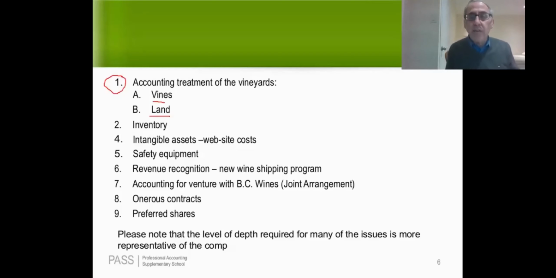This is a case that I'm using to give you practice in applying a lot of the technical material we learned over the last few weeks to good CP type issues. So the type of issues in this case are very reflective of the CP, but you would never, even on a comp, have this many issues. I purposely built a lot more issues into this case than you would ever have on a real CP, just to give you a lot of practice in dealing with numerous types of accounting issues.